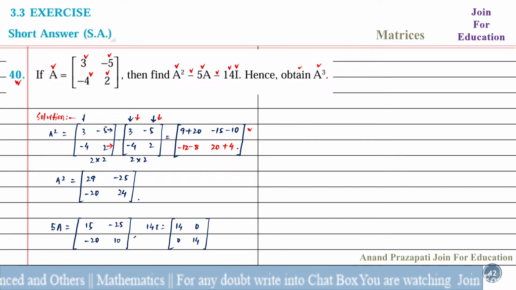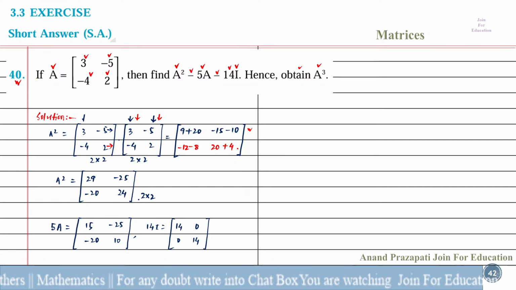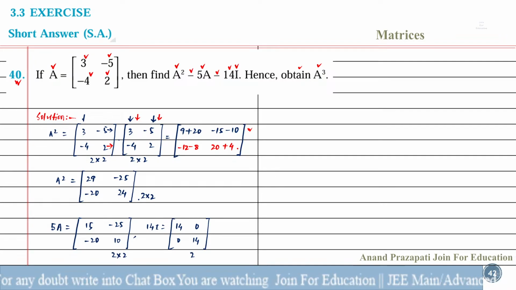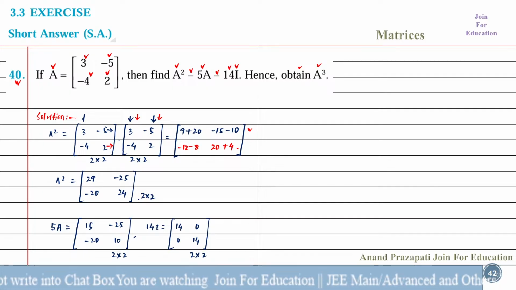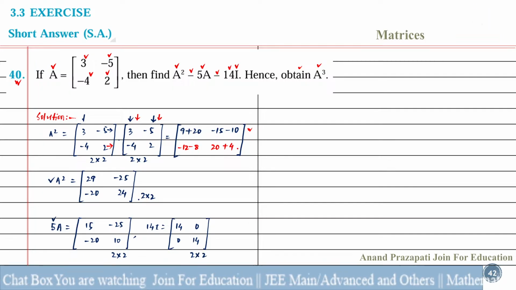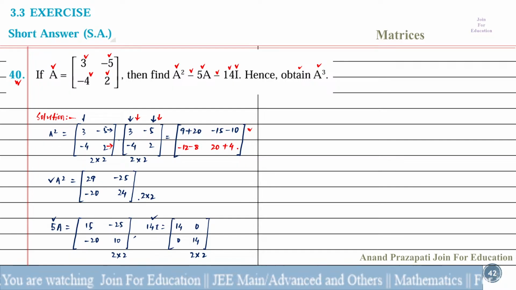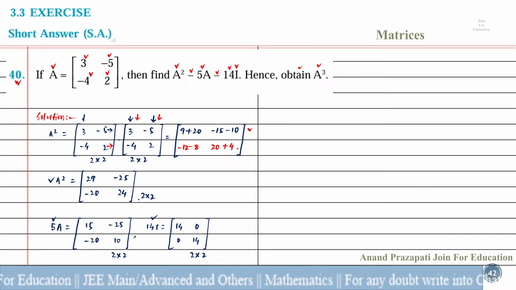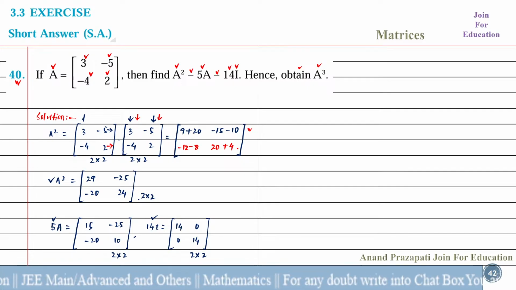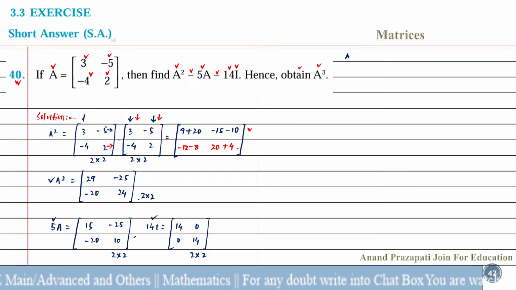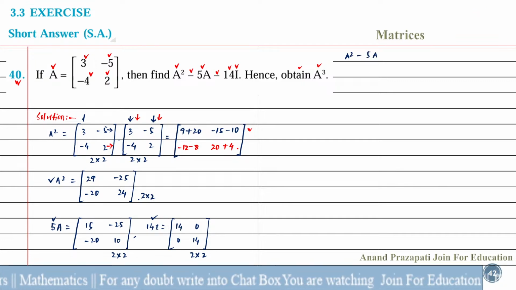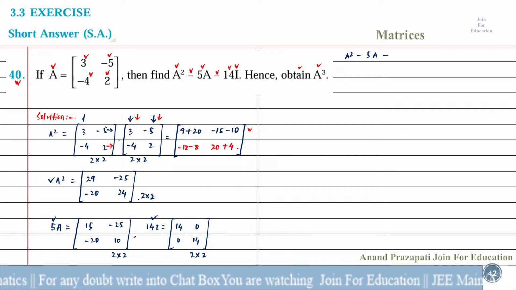The order of this one is 2 by 2, the order of this one is also 2 by 2, and the order of this one is also 2 by 2. So these are confirmed for addition and subtraction. So we find out here A square minus 5A minus